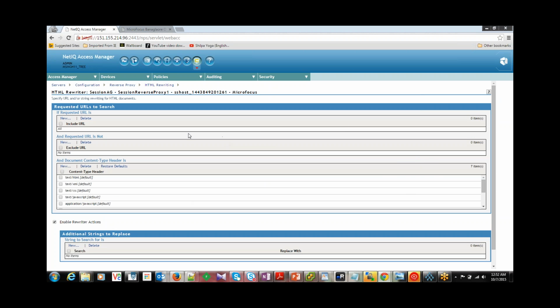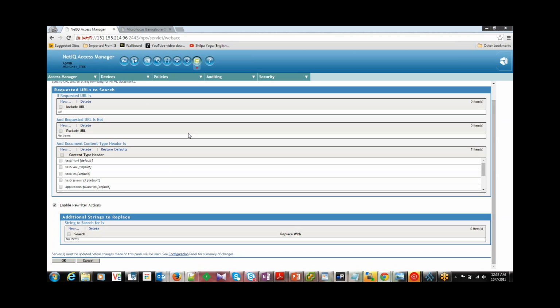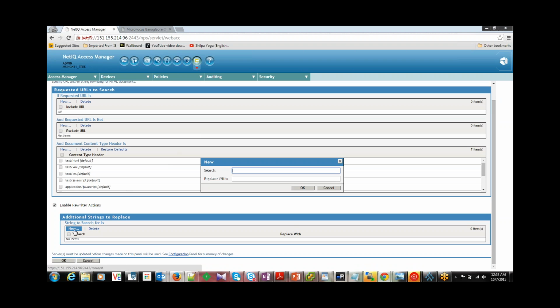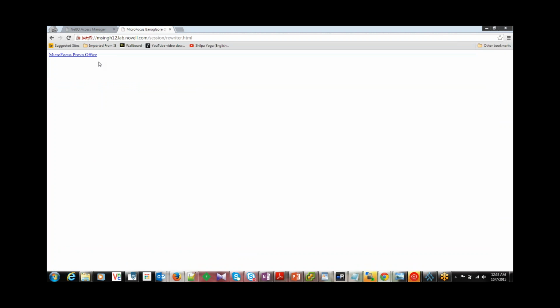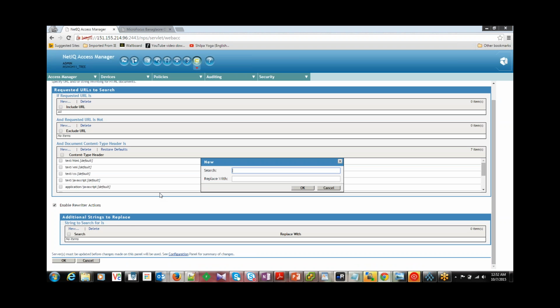Here there are a lot of different fields, but our main concern is to create a rewriter profile which will read the string Micro Focus Provo Office and convert it into Micro Focus Ireland Office. For this we have to go to the additional string to replace and write,